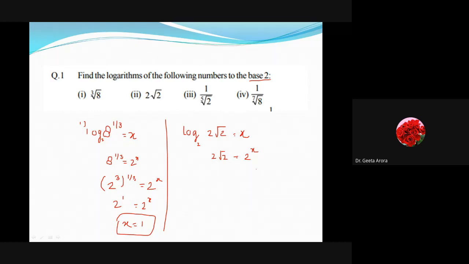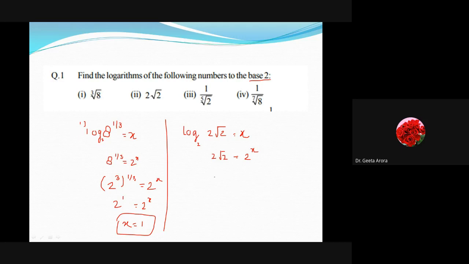Okay. Sumit is saying 3 by 2. I think Sumit is correct. Others, please also try. Are you getting 3 by 2? Okay, Raghunath is also saying 3 by 2. So let me take 3 by 2 as the correct answer. And let me show you those who have not done.